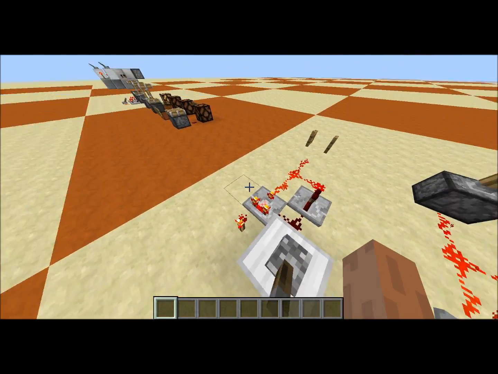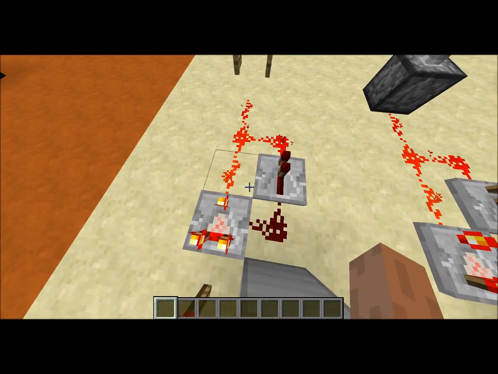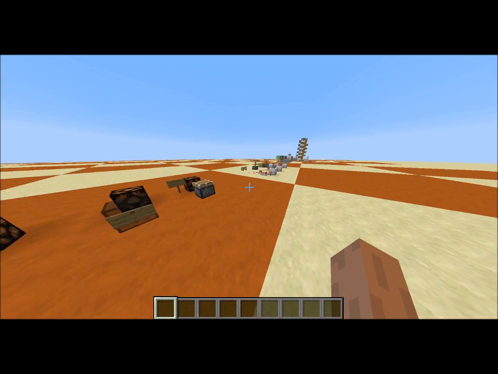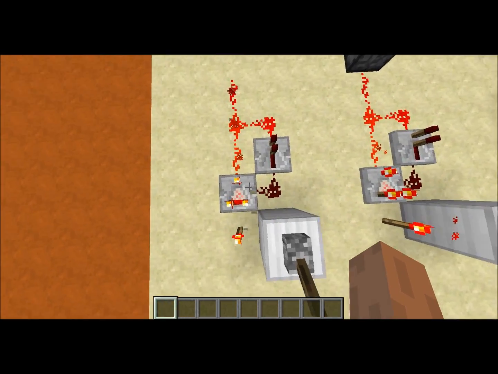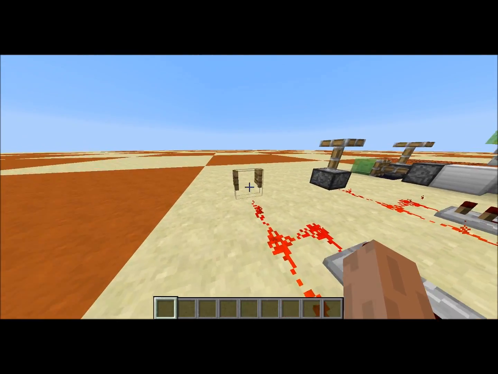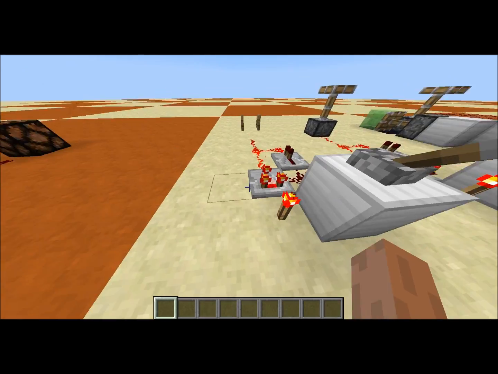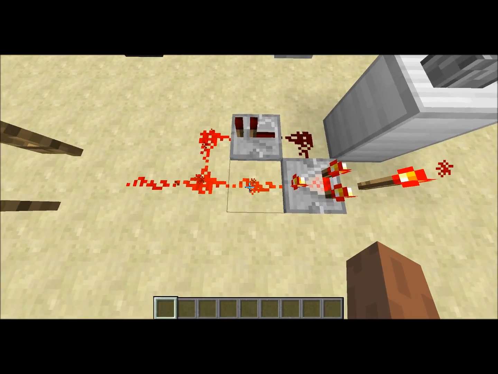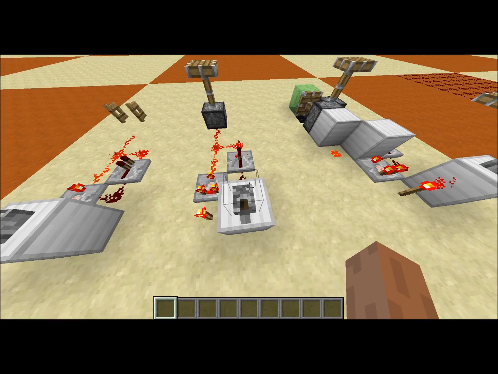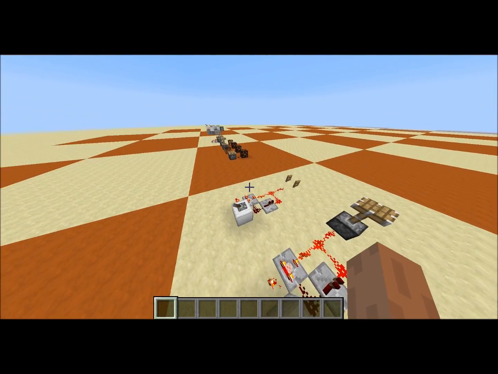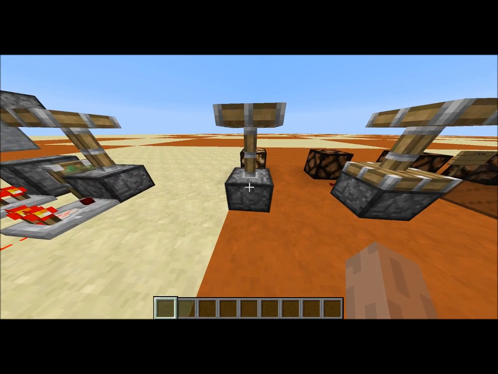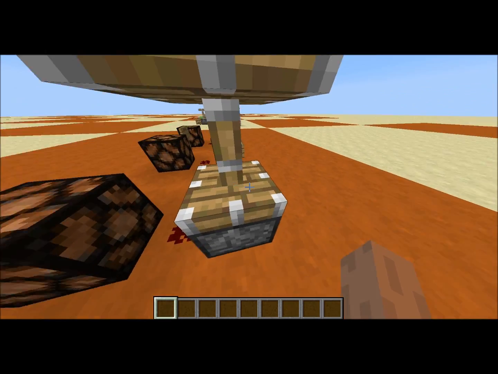And the zero tick I'm using is a zero tick off pulse, because we want to turn the piston off. So this is a zero tick off pulse generator, so if I turn the lever off, we will hear the fence gate, but we will never see the redstone turn off, because it's turning off and on in the same tick. And if you give this pulse to a piston, it flickers for a short moment, and it flickers because if it gets a zero tick off pulse, it gets converted to this state and then back to this state. And normally you should be able to move it,